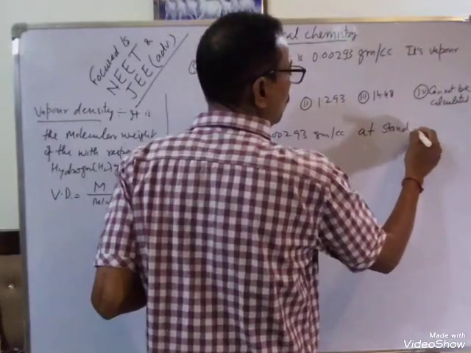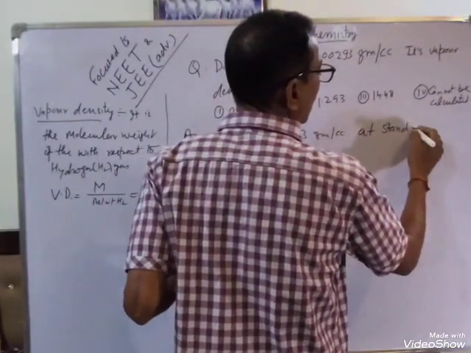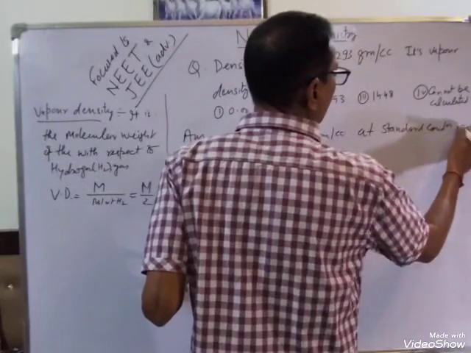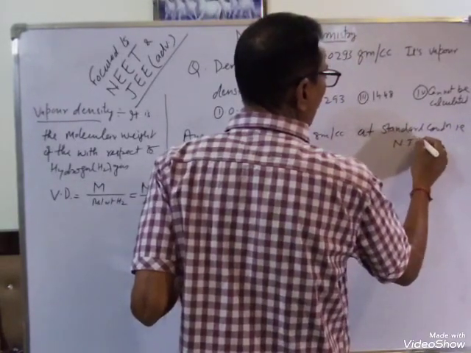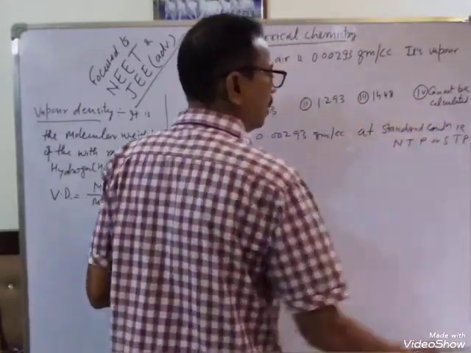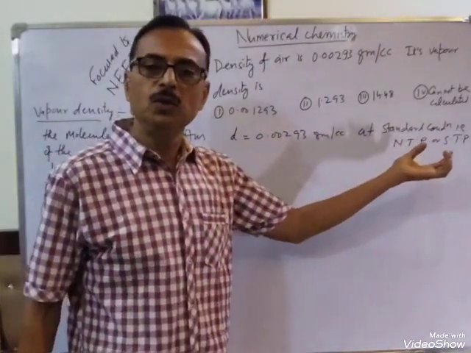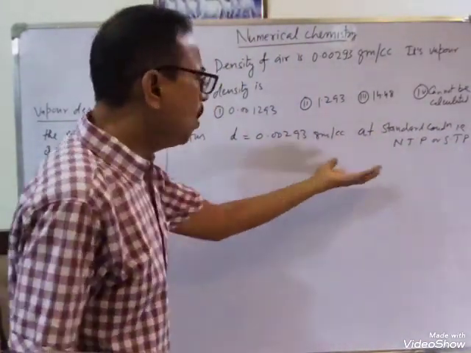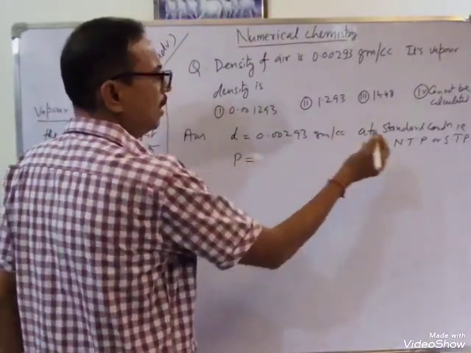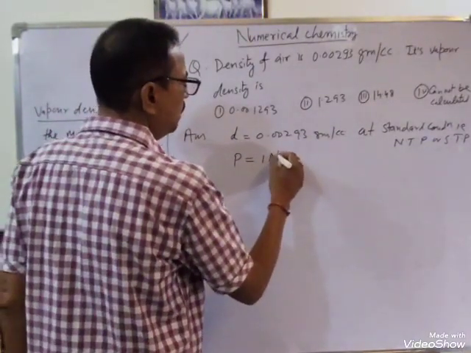What are the standard conditions? That is NTP or STP. All these terms are used. So it is very clear, density is given at STP, NTP, pressure 1 atmosphere,